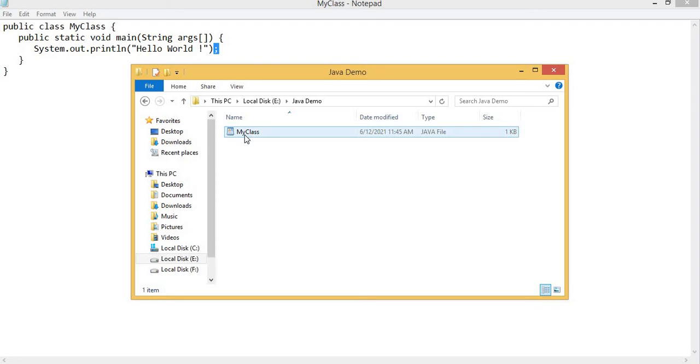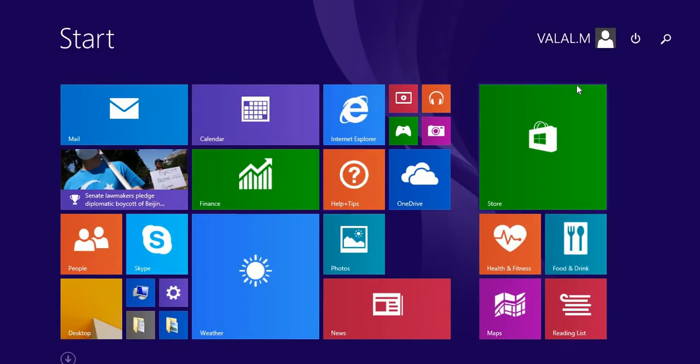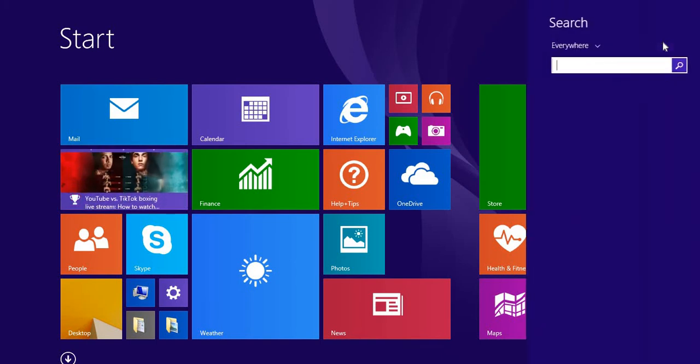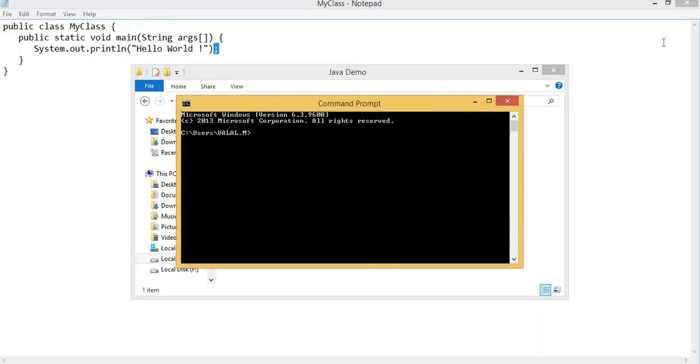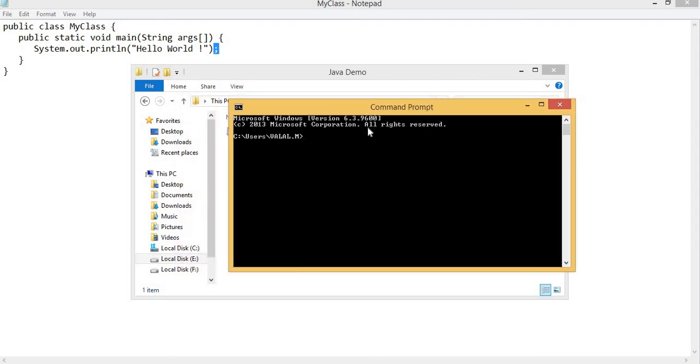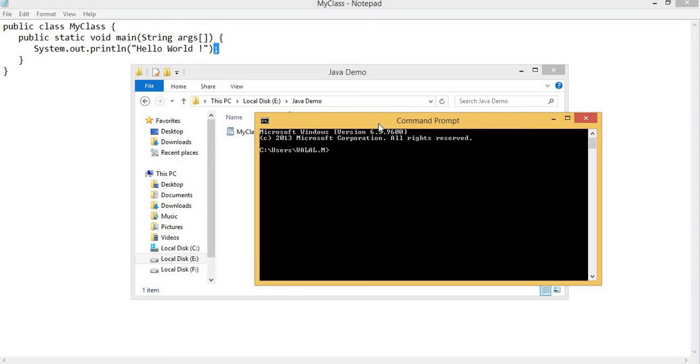Now I have to compile this code on a command prompt. So let me open a command prompt. I have opened my command prompt. First, in that command prompt, I have to move into my Java file location.